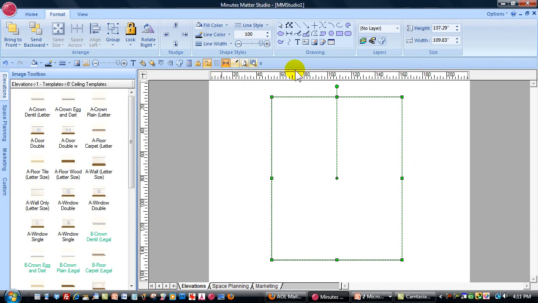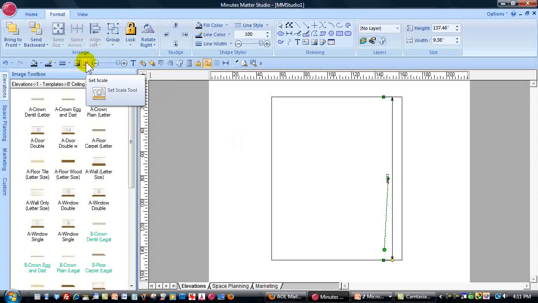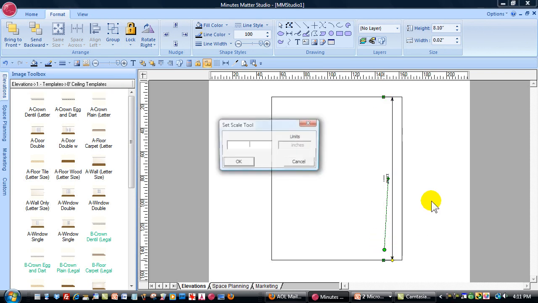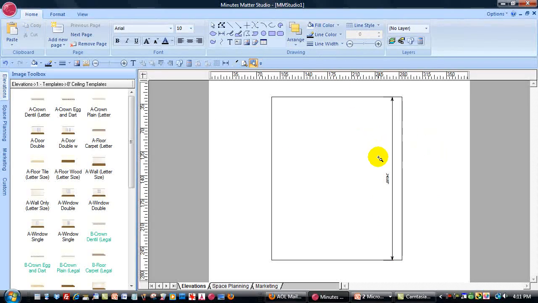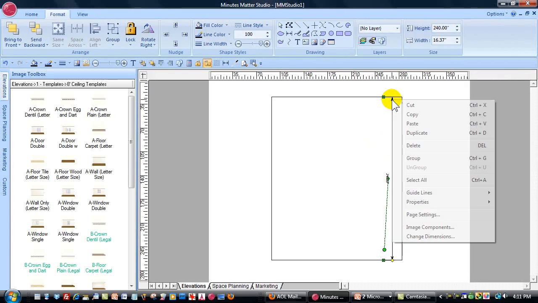Let's use the dimension tool to measure the height. And while that's still highlighted, we'll use the Set Scale tool, positioning that in the center of the green edit point on the top of the dimension line, clicking, holding, and dragging down to the bottom and releasing, and then typing in 240 inches. Now we can delete this,